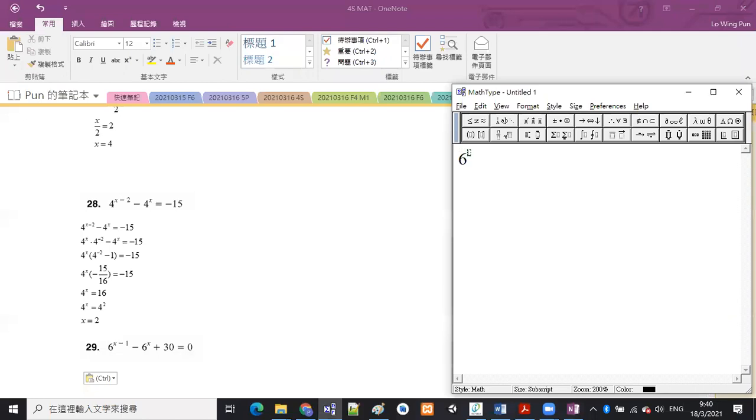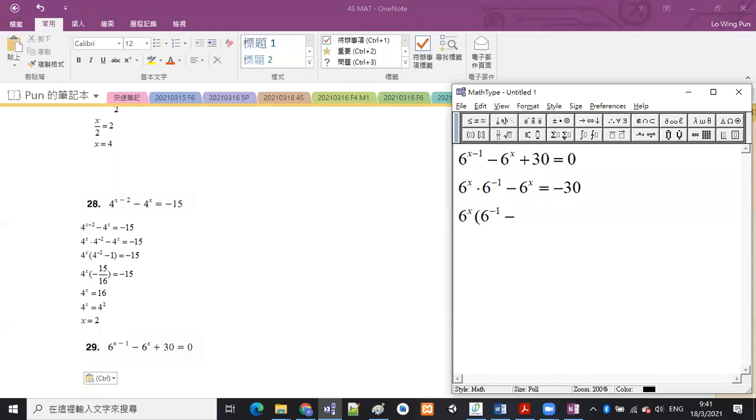29 seems similar. Okay. So we have base number of 6. Okay, but we have index x minus 1 and index x. So we split the x minus 1 into 6 to the power x times 6 to the power negative 1. And then minus 6 to the power x. And we will subtract the 30 to the right. It becomes minus 30. Okay, and then take out the common factor and write down the remaining factor, which is